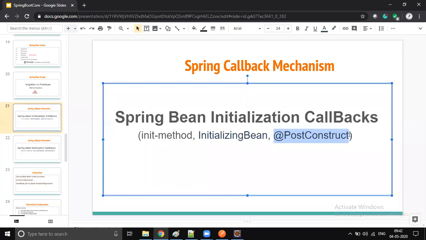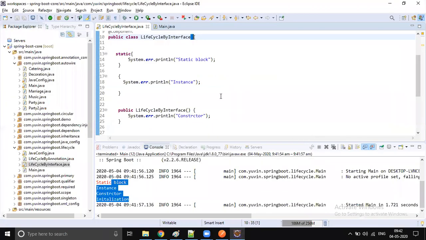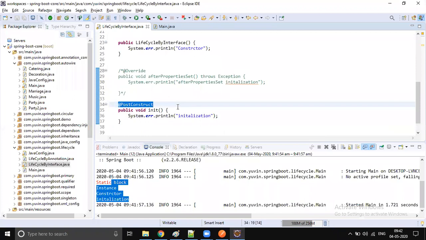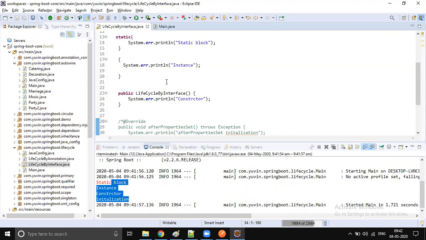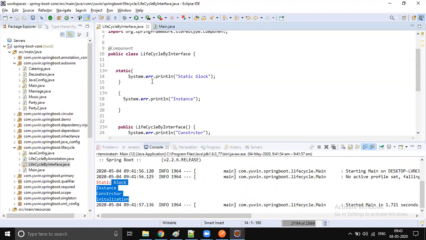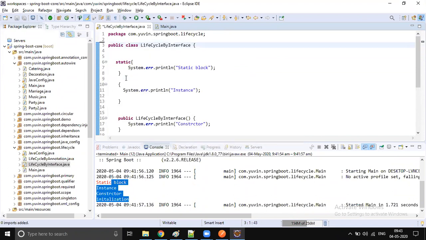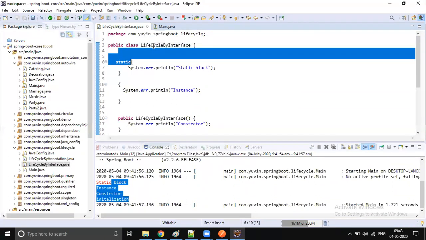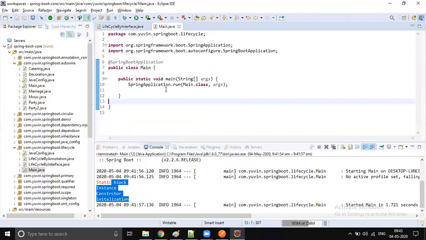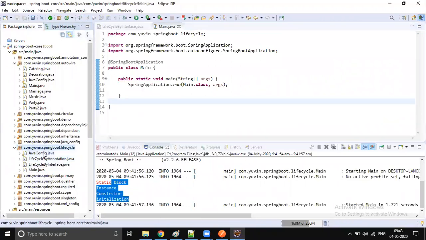If you want to configure something in your Java configuration, for example, let's assume there is a class already written by someone, and he shared the compiled class file, not the Java file. Let's assume you have a class called LifeCycleBean, already written by somebody, so you don't have access to that .java file, but still you want to add an initialization callback. You want to make some method an initialization callback.